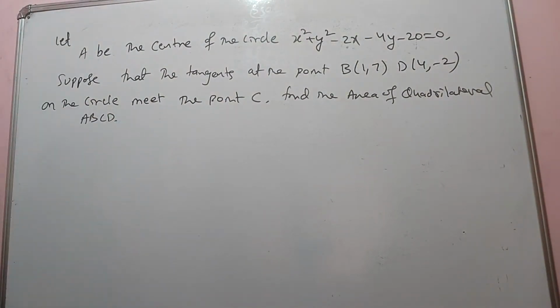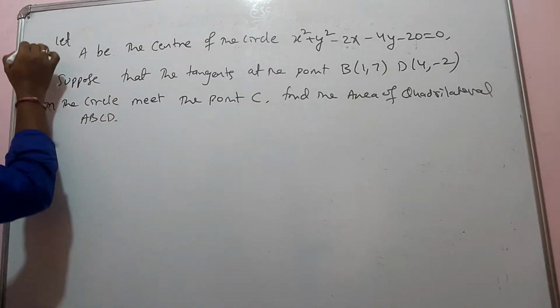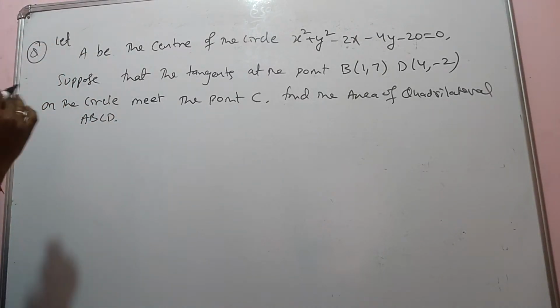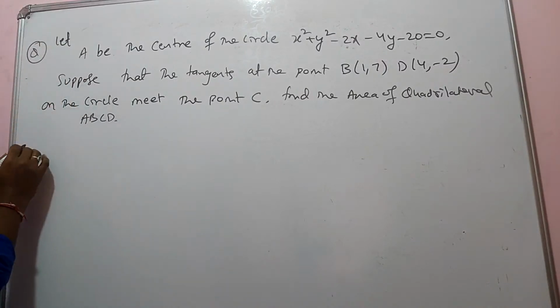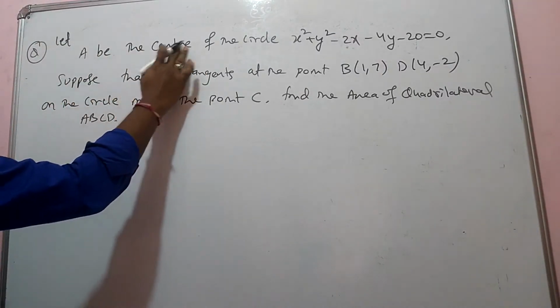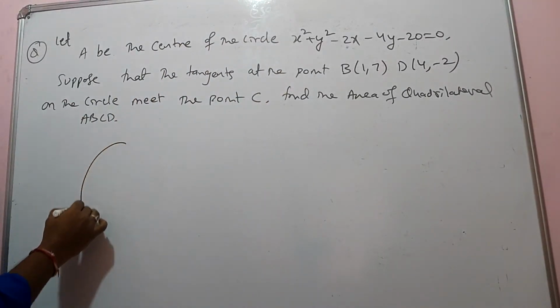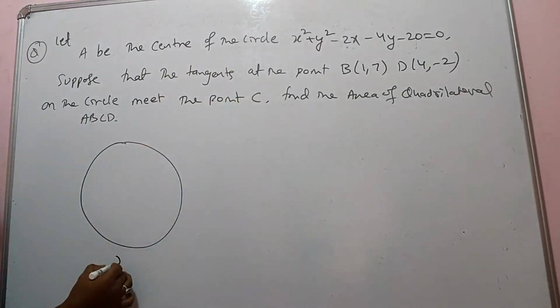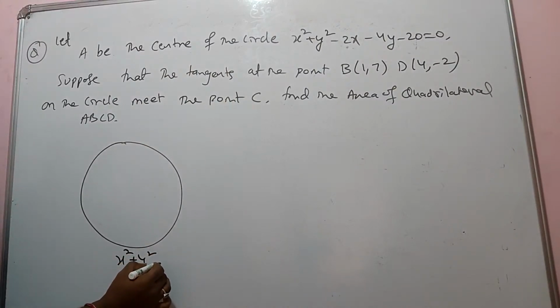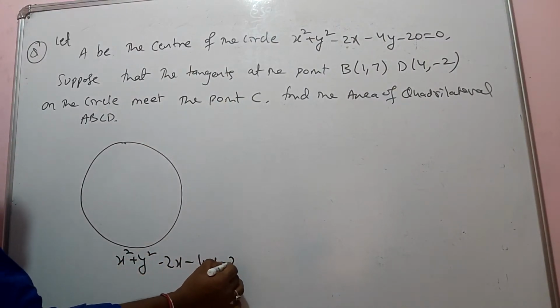This is the question. Now, same related questions we are doing here. Formulas I gave you, area formulas, all this. But area, that is different and this is different. Formula is there, but we can do this one in the easiest way. See this. What is the question here? In the previous question which I explained, area related, we were able to find the tangent. Here it is different. A is the center of the circle. The circle equation is x square plus y square minus 2x minus 4y minus 20 is equal to 0.